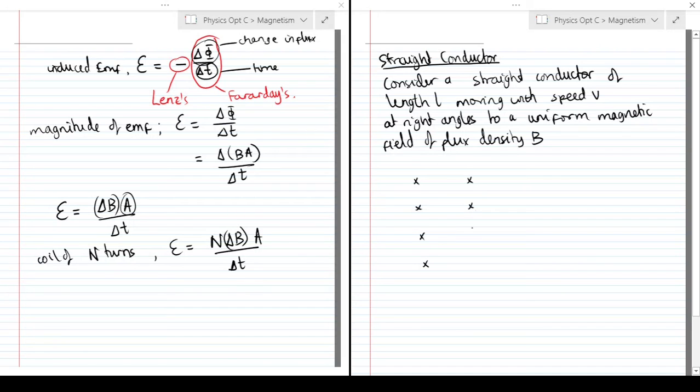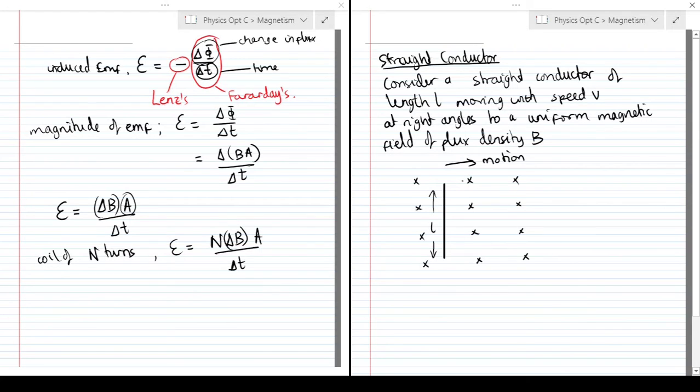arbitrarily into the page itself, right? So you have your straight conductor. We draw that here. Let's say a straight conductor is moving like that, right? So the length L I'm talking about is this length here, right? And you are moving it in this direction, so the motion is this way. So a uniform magnetic field into the page, a conductor of length L, let's say moving in that manner there,